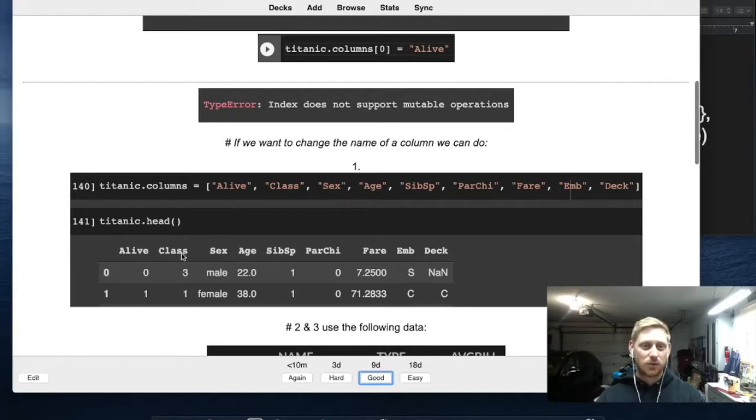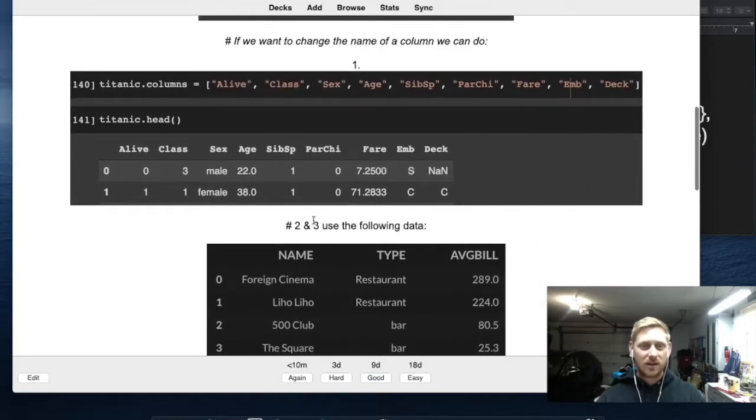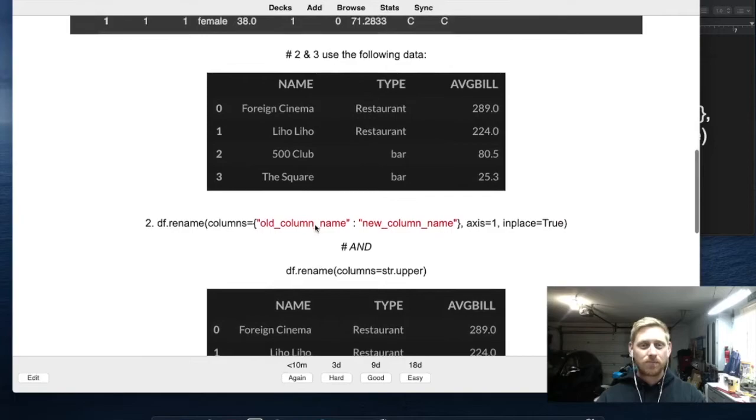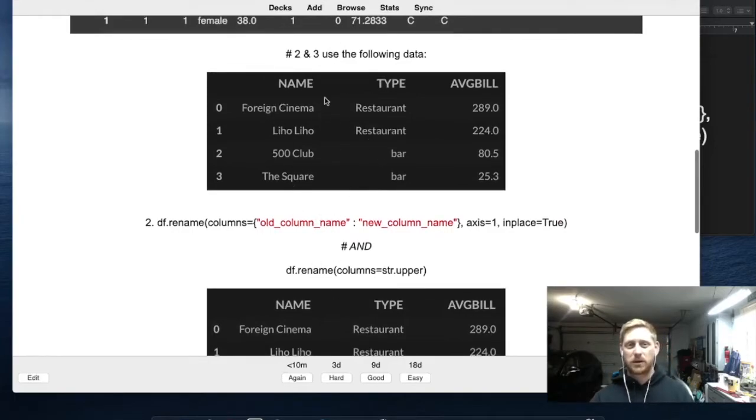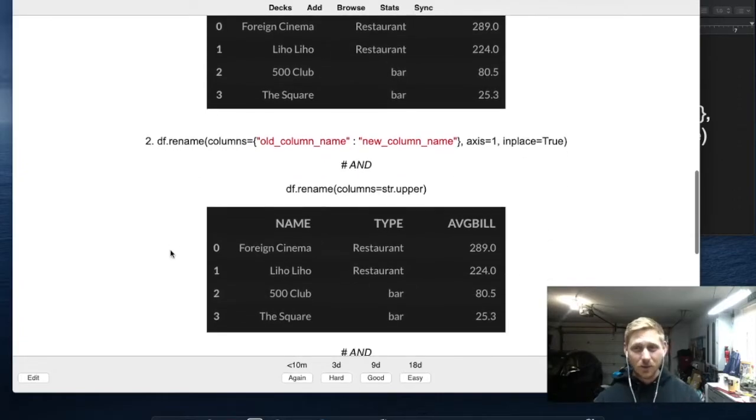Just know if you would have put sex right here, it would have been sex, and this could have been class, so just be aware of what order you place them in. And then next, so this is just a different data frame, but they had pictures, so I can add them to the flashcard. So one way of being able to do it would be dataframe.rename,